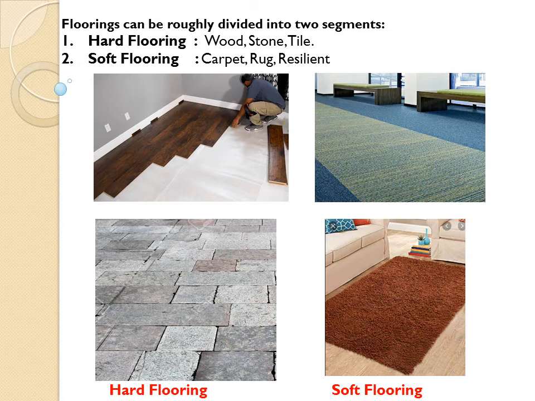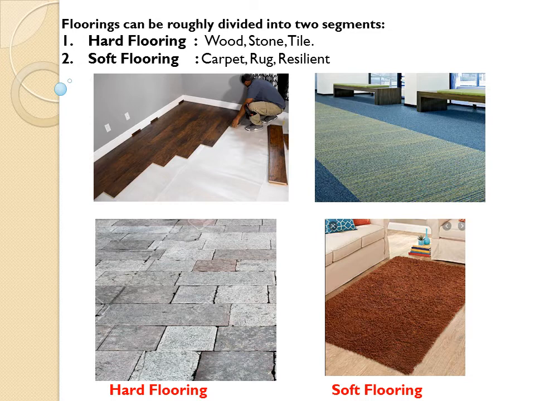Obviously, by the use of materials. So it can be in terms of wood. Wood is also a hard material, so it makes a floor hard. Stone, tile, and other added materials, which could be metal, that is also a hard material which can be added for a hard flooring. The same way for a soft flooring, if you understand from the term soft,